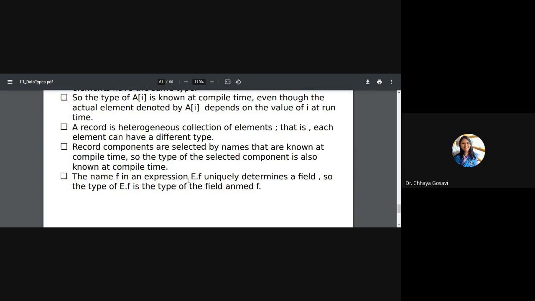Don't get confused, it is similar to whenever you want to access an element of a structure. The elements of a structure are fixed: name, roll number, percentage, or employee ID, age, salary, etc. Which element do you want to access? Percentage. So S1 dot percentage, and you know its type is float. So the component type is also known at compilation time, and you can calculate the memory requirement at compile time. That's it.